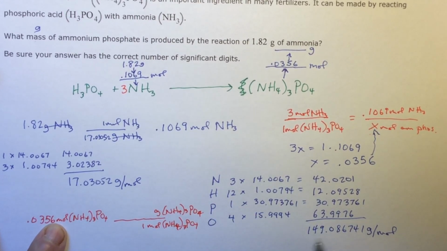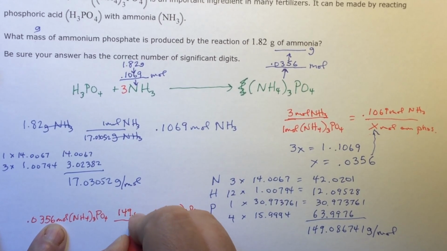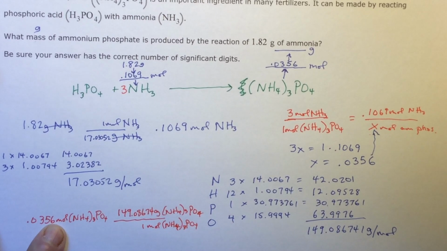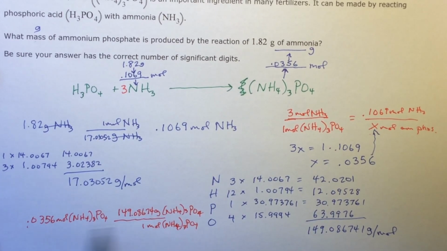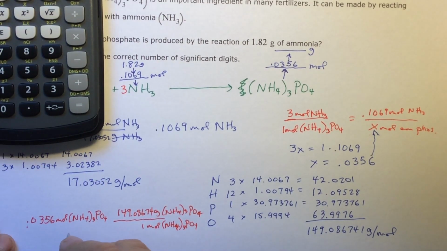I've got this. Okay, that is 149.08674. So I'm going to multiply these two numbers. And I get 5.30748